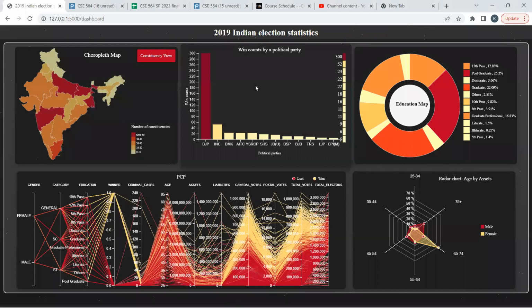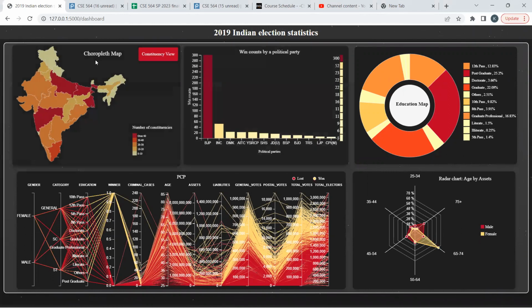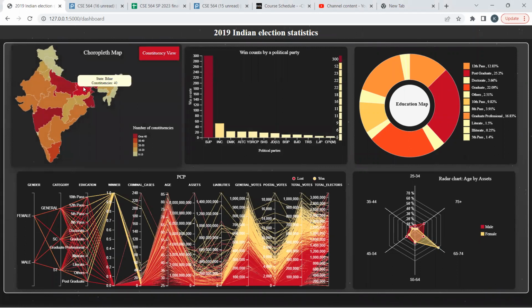Coming to the dashboard, on the top left, we can see the choropleth map of India. Here, each state is colored based on the number of constituencies it has. For example, Uttar Pradesh has around 80 constituencies and Bihar has around 40 constituencies. These are indicated in bright red color. Compared to that, Rajasthan, even though it's geographically big, has fewer constituencies because of the population. So the coloring is important to indicate the number of constituencies. Even the bigger states can have fewer constituencies compared to smaller states which can have more